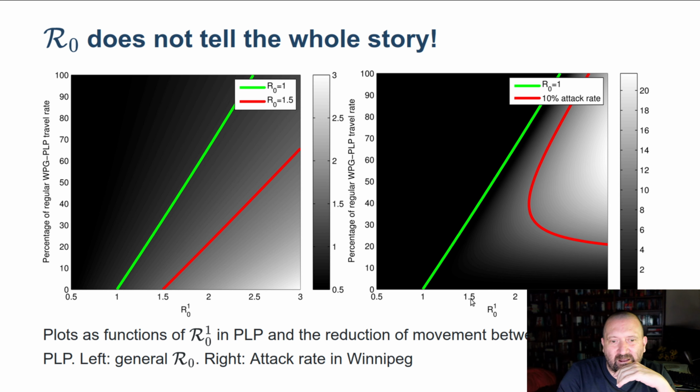So this is what happens when I change the R0 in Portage la Prairie, and I change the movement rate between Portage la Prairie and Winnipeg. And what you can see is, the attack rate is computed numerically, but remember, the attack rate is like the final size. So how much of an epidemic do I have? Well, in order to go over 10% attack rate in Winnipeg because of what happens in Portage la Prairie, I have to have a very high R0 in Portage la Prairie and a high rate of movement between Portage la Prairie and Winnipeg. So essentially, from a mathematical point of view, that almost isolated location is able to trigger an